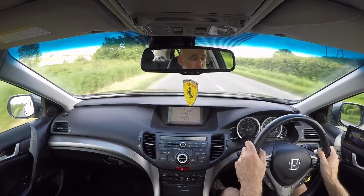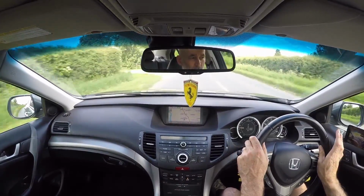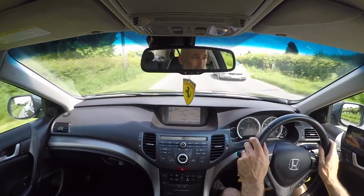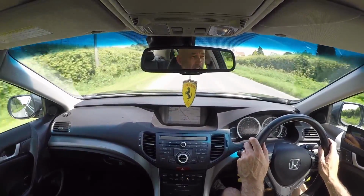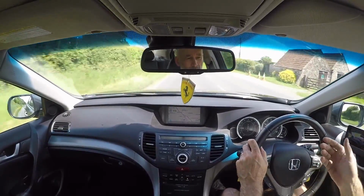Gearbox has got a lovely feature on it. On the steering wheel here, you've got 2 paddles, minus on this side, plus on that. So it's up on the right, down on the left for up the gears. What's clever about it is it gives you control of the car. Because if you're going to overtake and